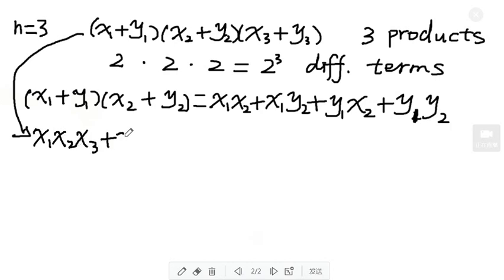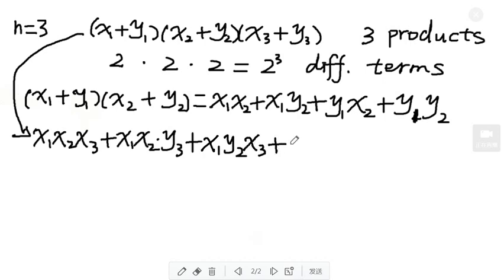And then I fix x1 x2 again, and for the third parenthesis, I'm going to choose y3. And then I'm starting from the second term, x1 y2. For the third parenthesis, I choose either x3 or y3. Right? That is this one. This second term, you either choose x3 or y3 to form 2 different terms, and then